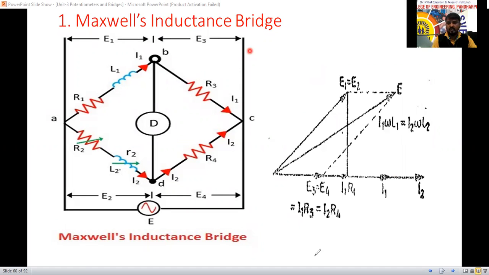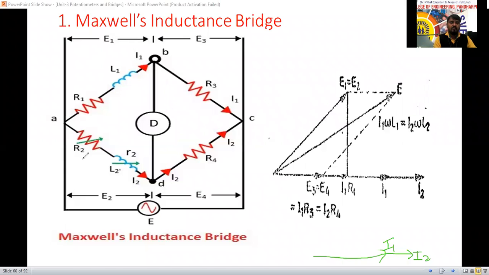One more small diagram I will try here now. This is I2. I will take the current as reference. The magnitudes may be different for I1 and I2, depending on that. So I1 and I2 both are in phase only, because I1 has resistance and inductance, and I2 also has resistance and inductance here. So both are in phase. But we have to compare with the value of voltage drop across each terminal here.